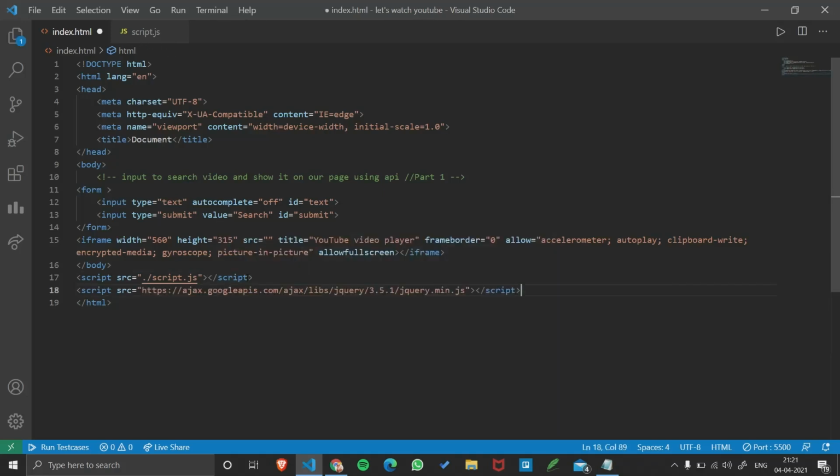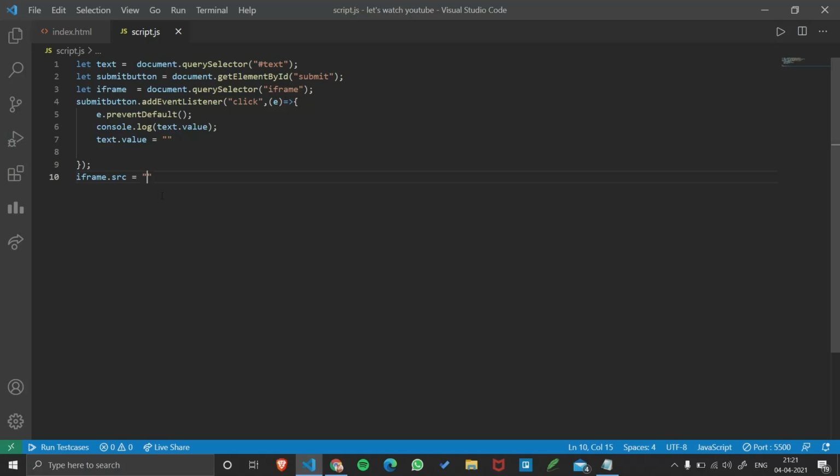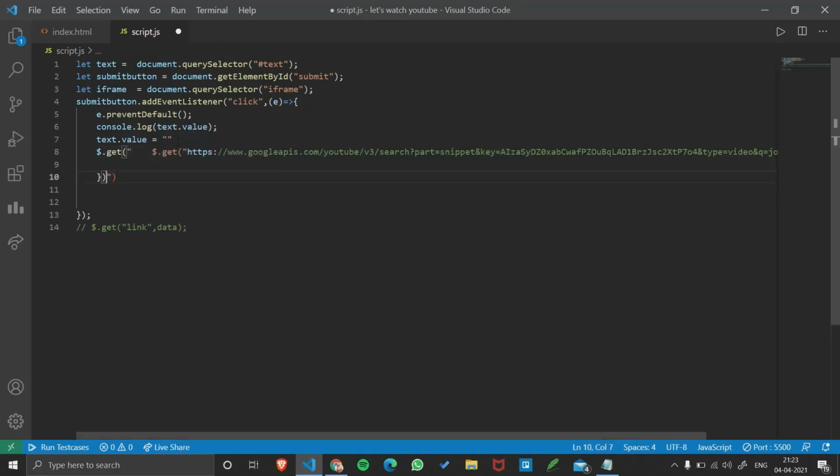Okay, you have to put it before after JS. Okay, perfect. Now we have a function in jQuery, dollar dot get. In this, if we give some link or something, it will grab data from that and give us data like that. How will we use it? So I'll do dot get, and I'll paste that link here.